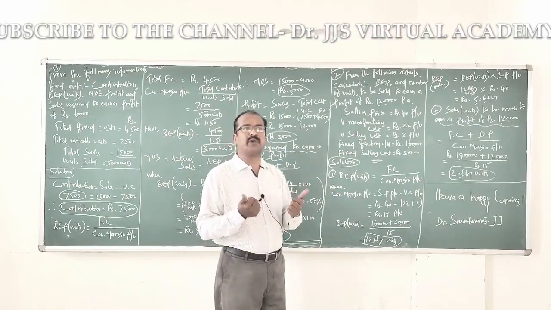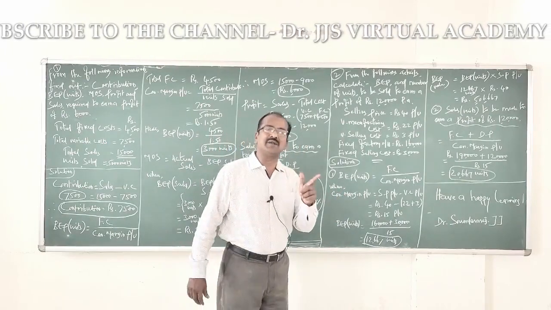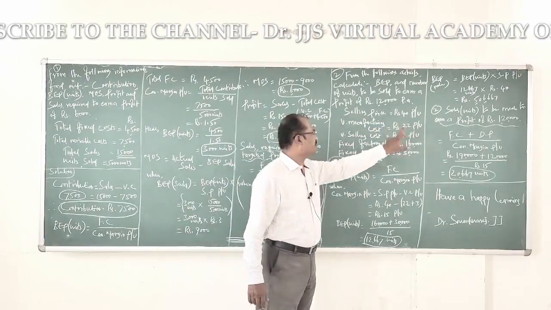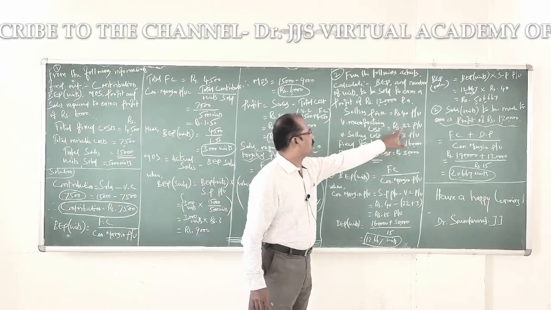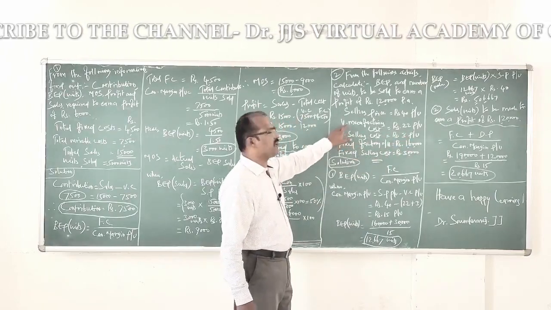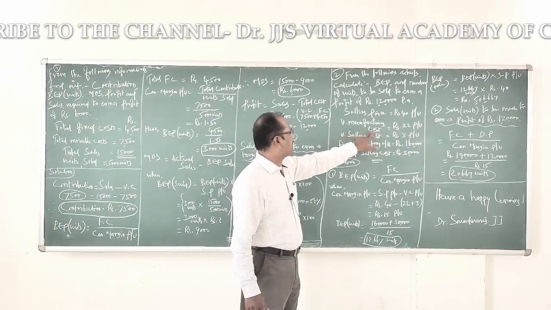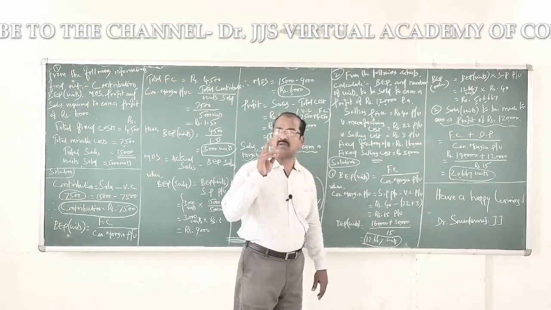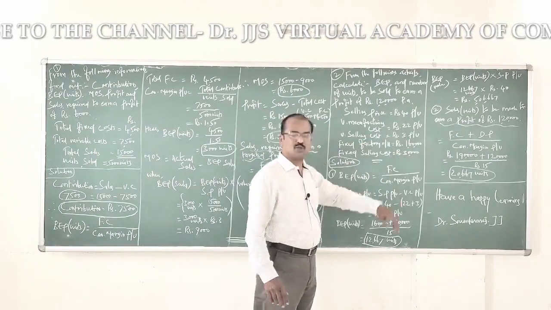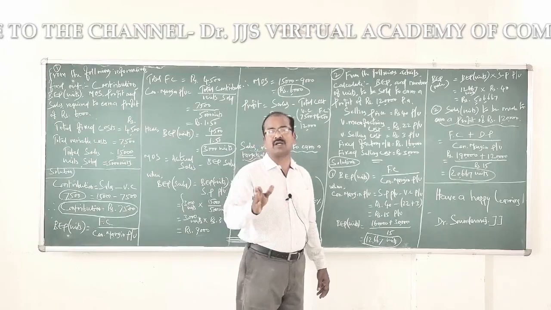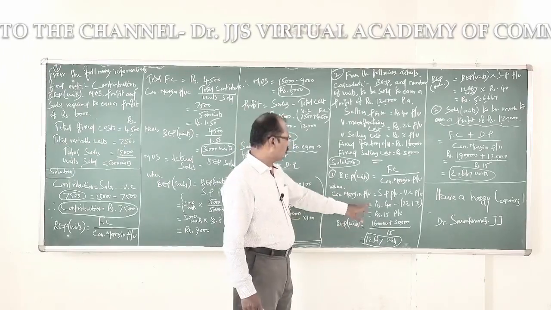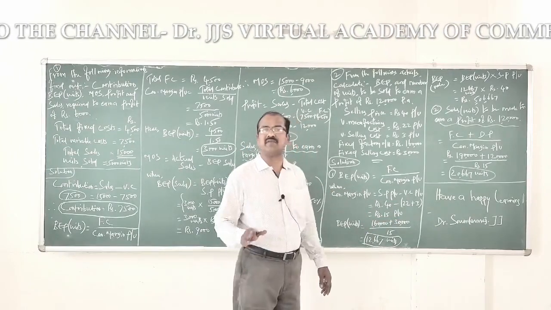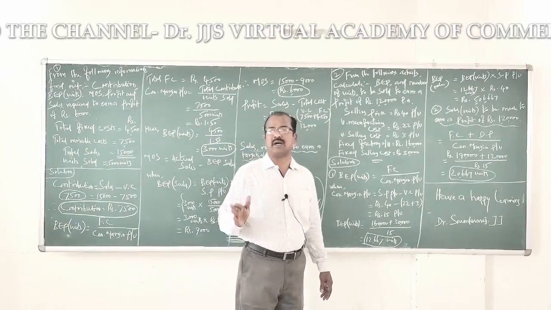What about contribution margin per unit? Contribution margin per unit could be calculated with the formula of selling price per unit minus variable cost per unit. Selling price per unit is rupees 40. Variable cost per unit will be the total of these two because there are two variable elements. One is manufacturing cost, which is 22 rupees per unit. The other one is selling cost, which is 3 rupees per unit. So if you total these two, you get 25 rupees as variable cost per unit. Therefore, 40 rupees selling price minus 25 rupees variable cost per unit gives us 15 rupees. That's the contribution margin per unit.